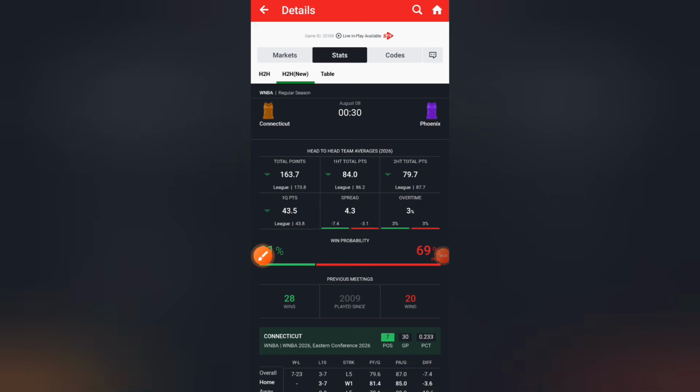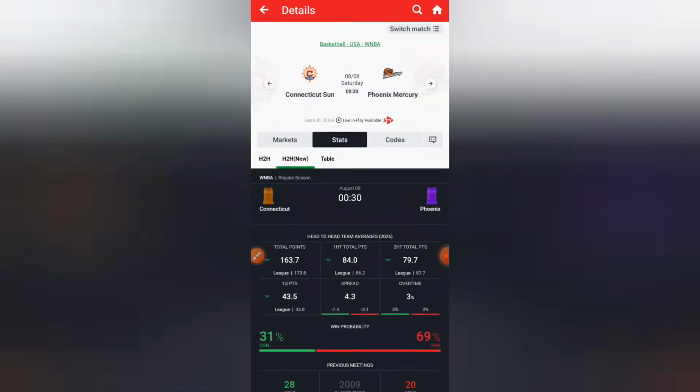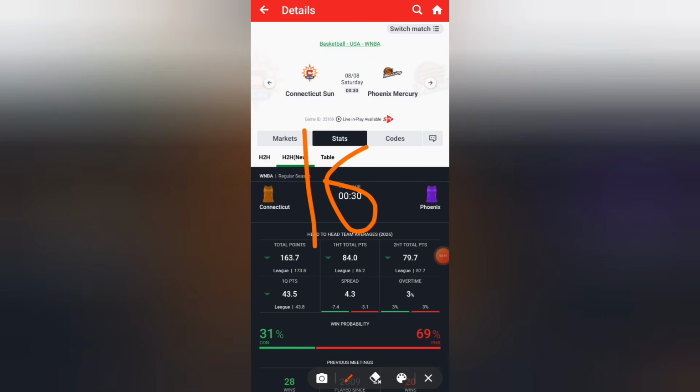What you need to be doing next is to check the last previous games, the average points scored, the average points conceded, and pick the smallest from it all. You need to pick the smallest total point and the highest total point, and that one will give us the risky line. So when you get the risky line, let's say the risky line says maybe 165.